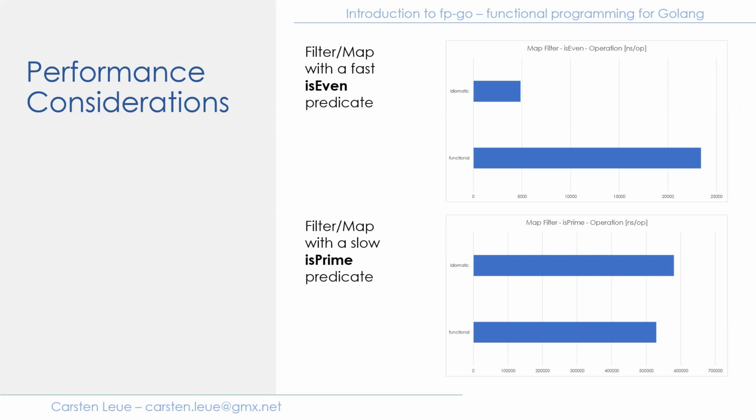In case we have more complex operations, it turns out that the fact that the FPGO library returns higher order functions can have a negative side effect on performance if you measure performance on the micro scale. So if the actual operation that implements your business logic is extremely fast, then there can be an overhead of composing functions using FPGO. And as an example, I have here at the top a map and filter operation.